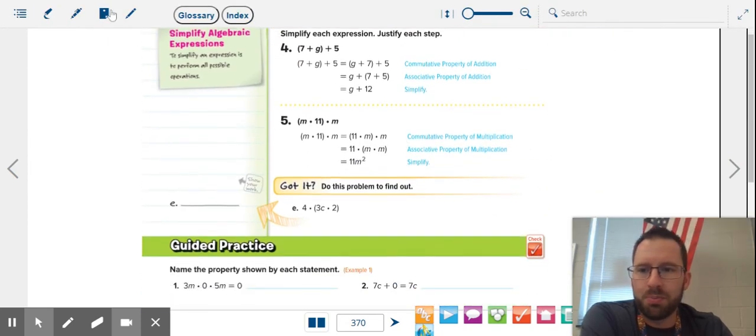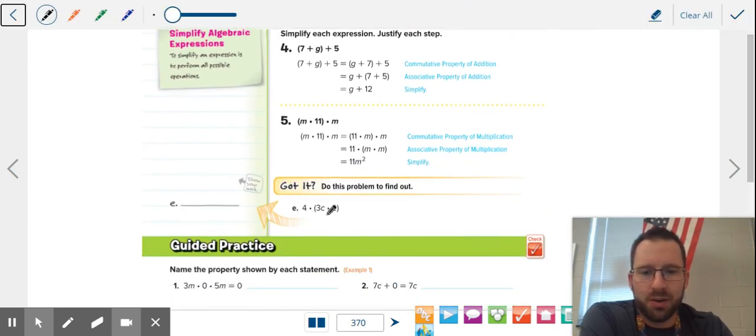Now, we can also use properties to help us simplify. So here, we can move the 2 and the 4 together to make 8. 8 times 3 cars. 8 groups of 3 cars is 24 cars. You can do this with addition as well. Up here, 5 and